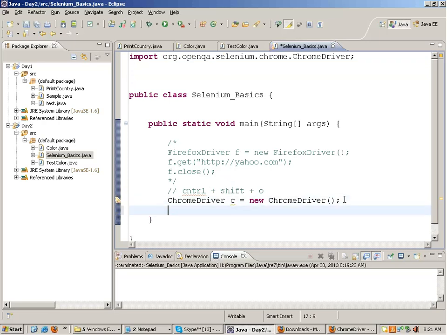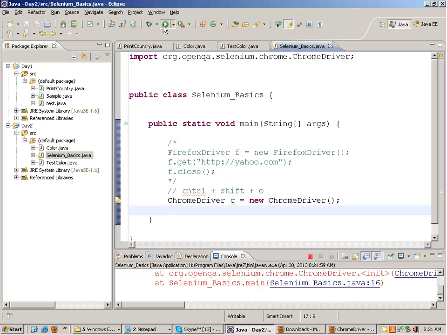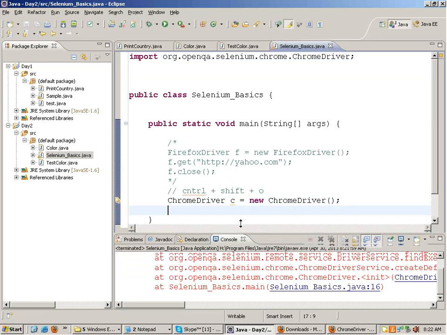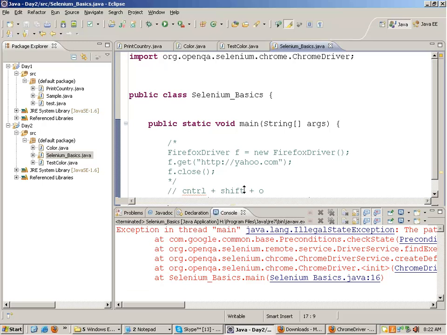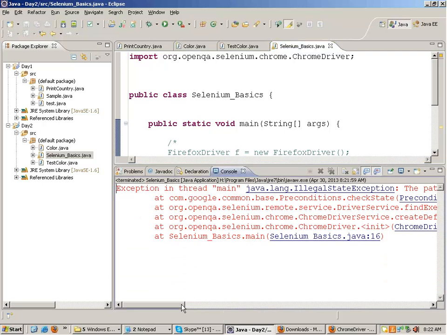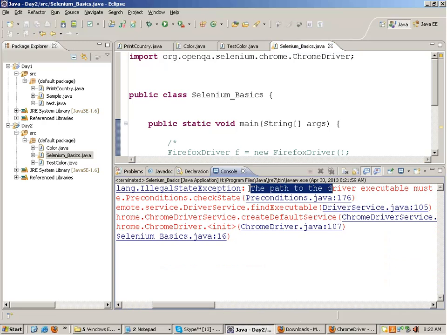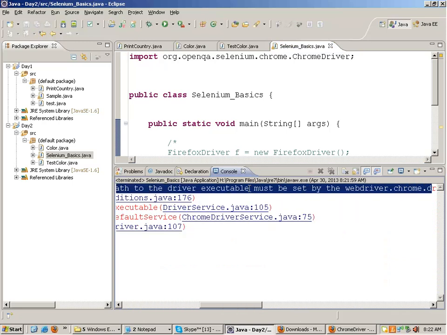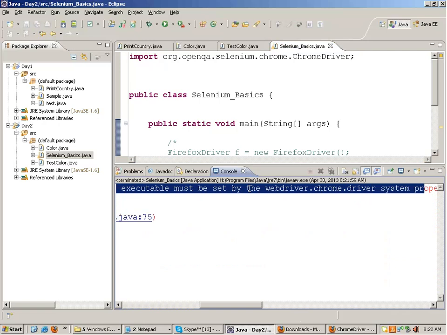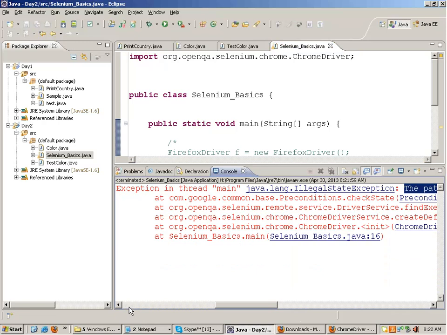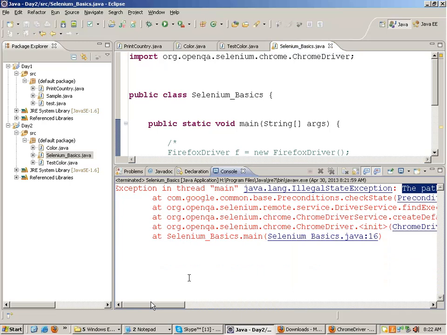Okay. Now you write over here, suppose Chrome driver equals new Chrome driver, and when you run this, 99.99% of you guys will get this error. Illegal state exception. The path to the driver executable must be set by the WebDriver.Chrome.Driver system property. Look, whenever you get an error like this, okay, don't be afraid. Many times I've seen people, they get afraid and then they leave it. Right? It's very simple. Just copy the error,